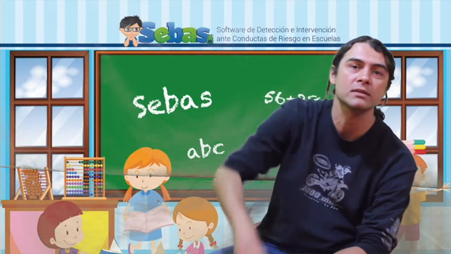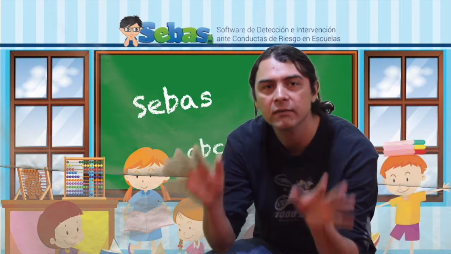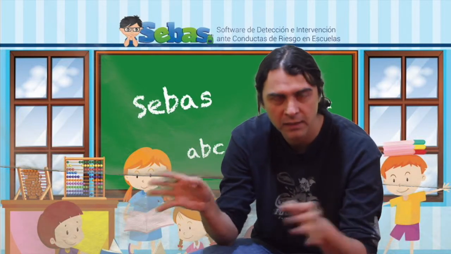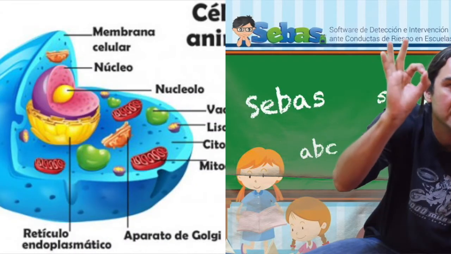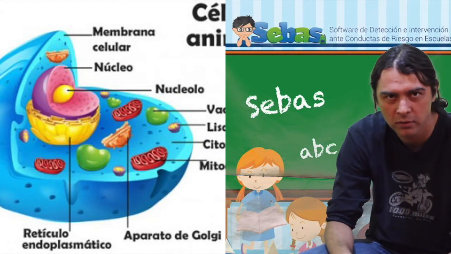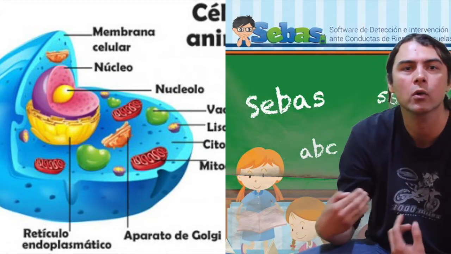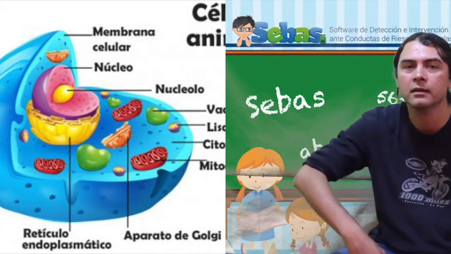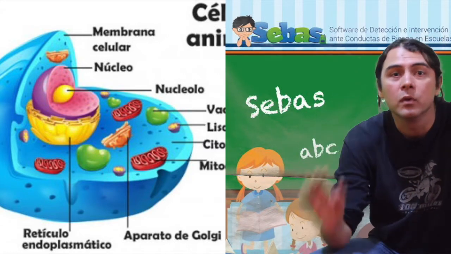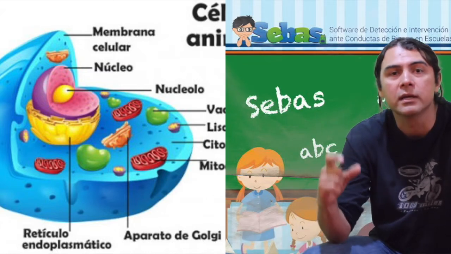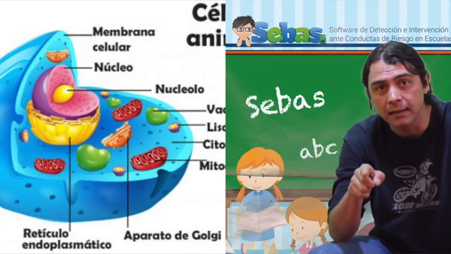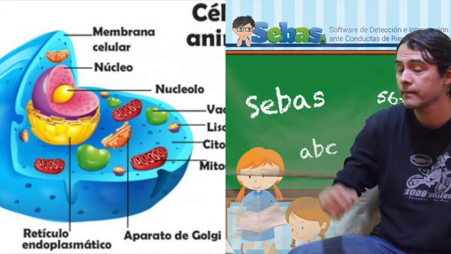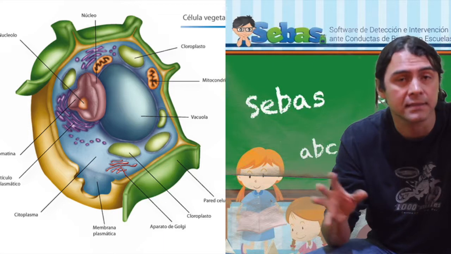Okay, characteristic number 1 says every living organism is made of 1 or more cells. Cells are tiny little units of structure. What is a structure? Structure is the way you are made. If you have 2 arms, 2 legs, 1 head, whatever, the most basic unit of it, the brick of your building, is a cell. We have animal cells, such as these, and we have plant cells that are a little